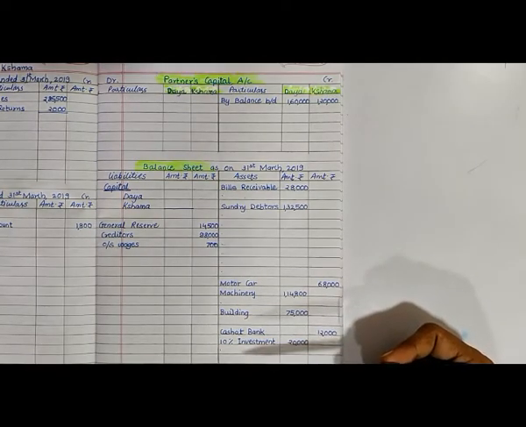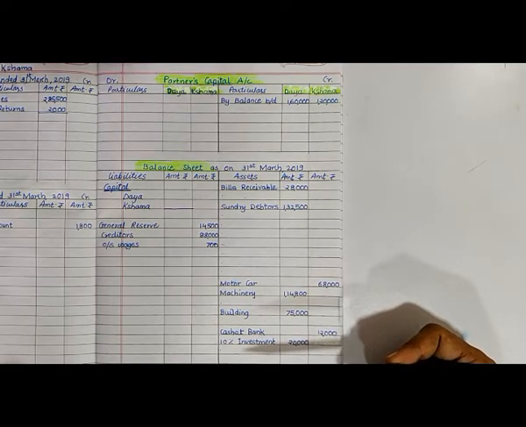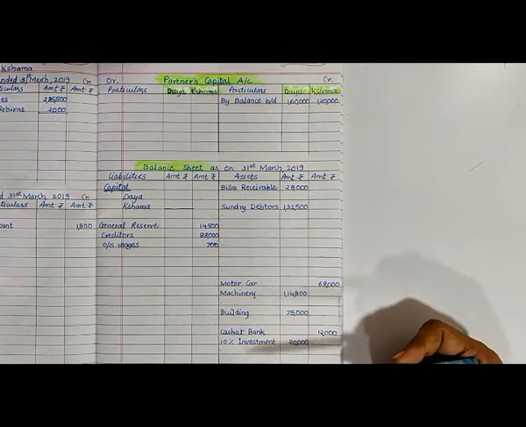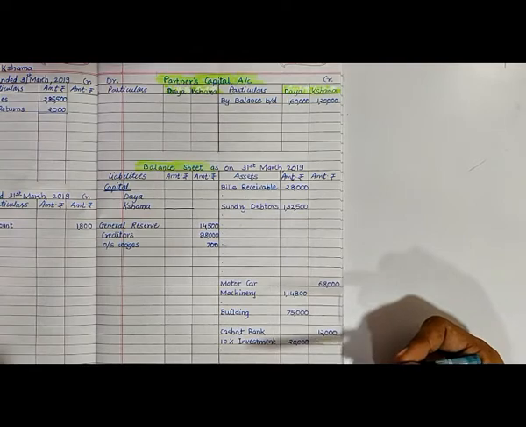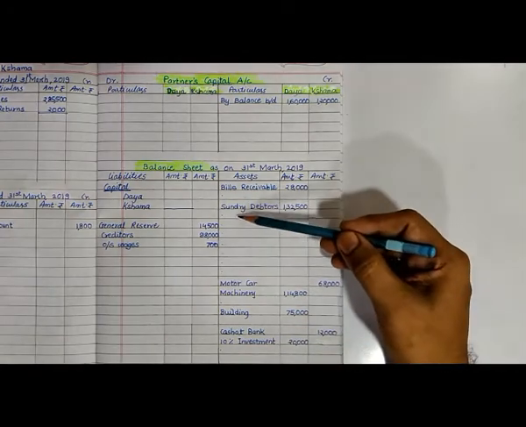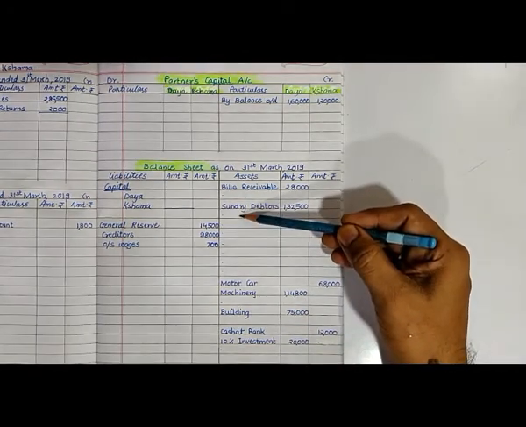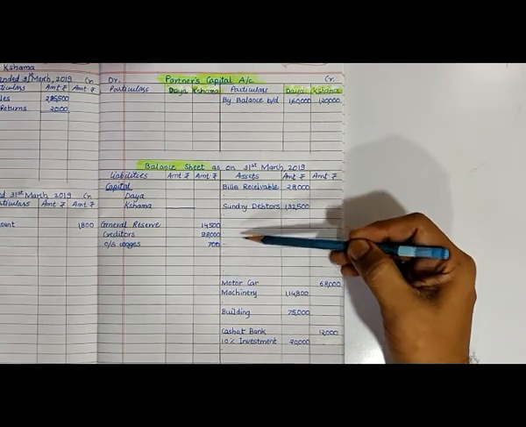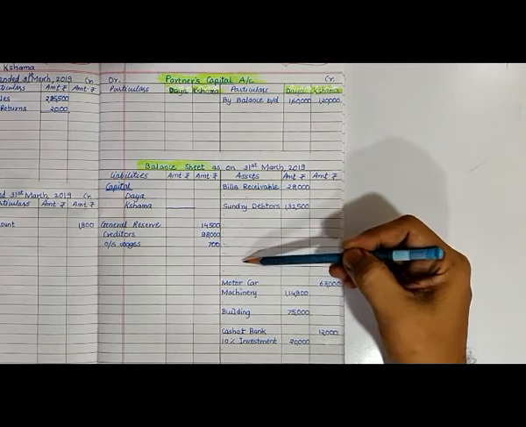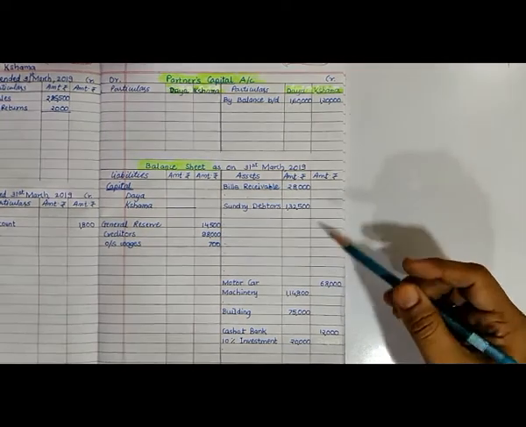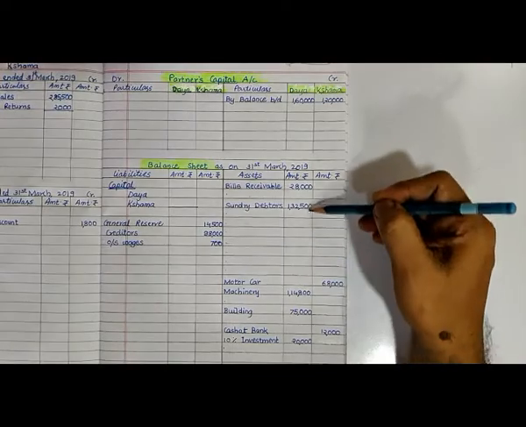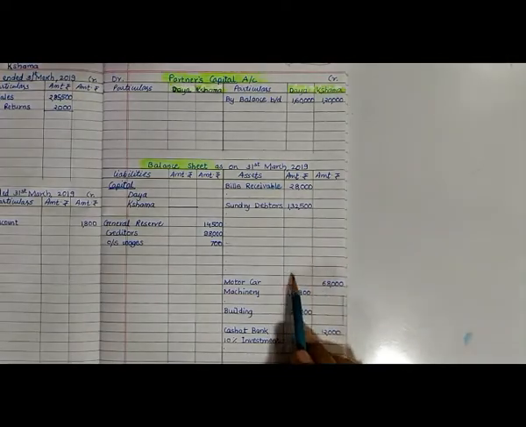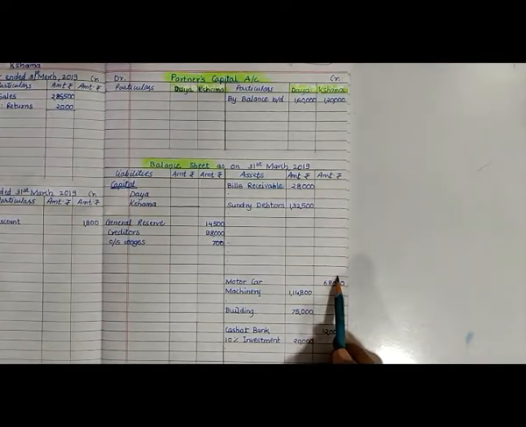But if there is more than one adjustment, then for every next adjustment you should leave two lines. For example, on debtors there are 4 adjustments in all. So for the first adjustment leave one line, then for every adjustment leave 2 lines each. Second adjustment, third adjustment and fourth adjustment, so that you can work better in the inner column and you can transfer the final amount to the outer column.